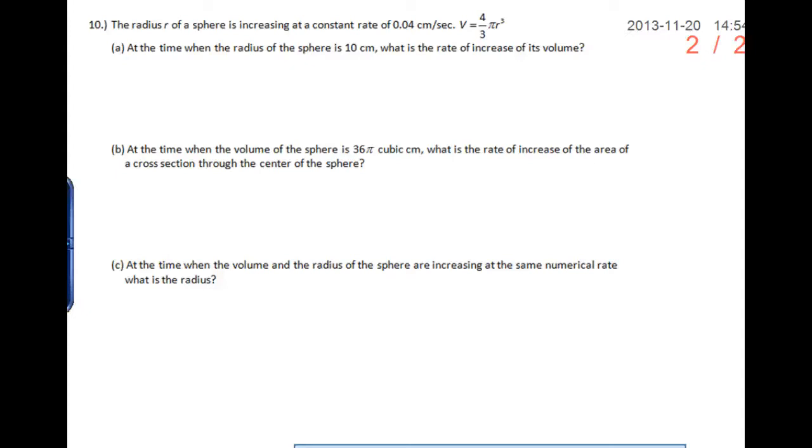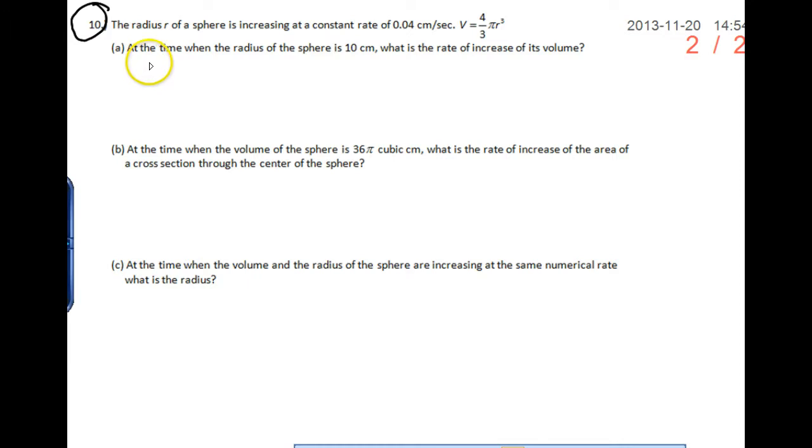All right, the next problem that we're going to do is problem number 10 from the review assignment. All right, so let's read. It says the radius r of a sphere is increasing at a constant rate of 0.04 centimeters per second, and you're given V equals 4/3 pi r cubed. Now, A says, at the time when the radius of the sphere is 10 centimeters, what is the rate of